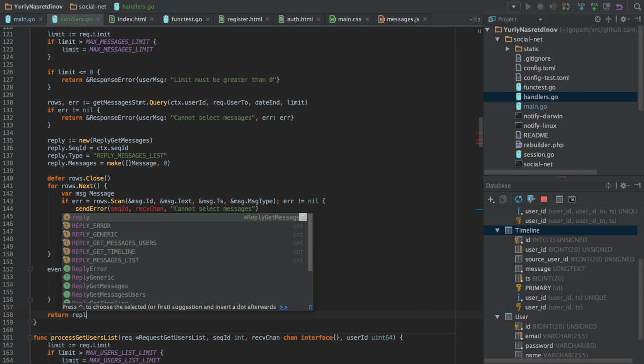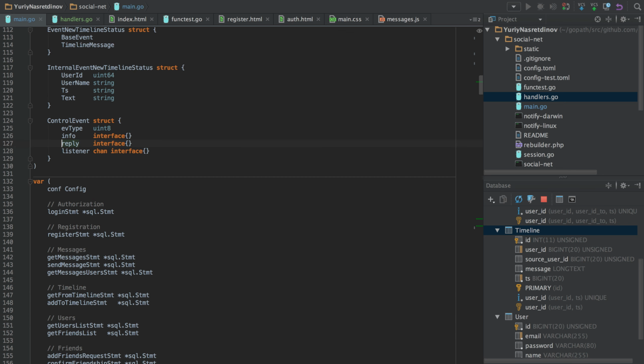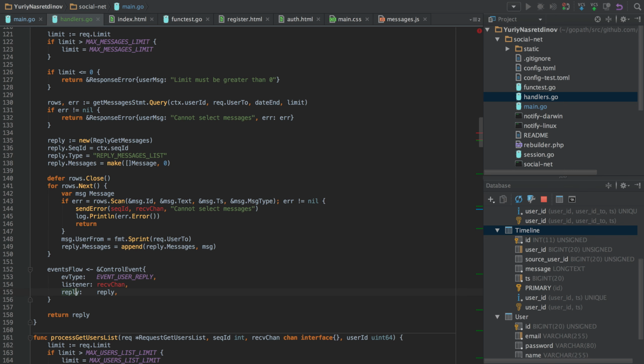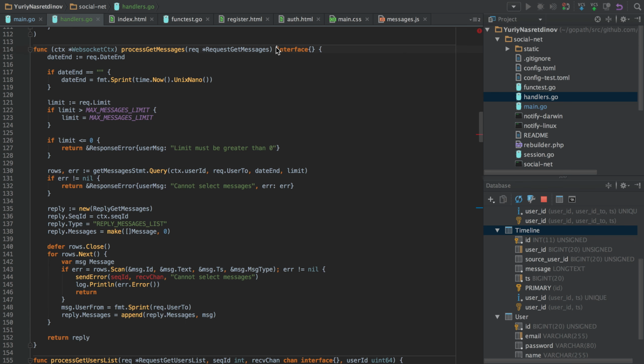And this way, if, as I said, the function panics, then we also return the reply. And as you can see, reply already was empty interface, so we don't mess anything up. Yeah, so the types are the same, and this is how our handlers should look, and the only thing different would be the request type.